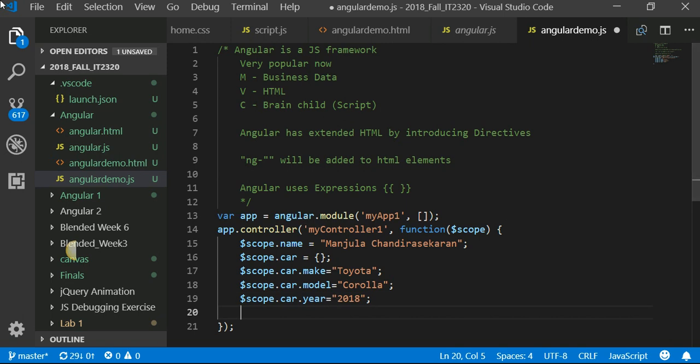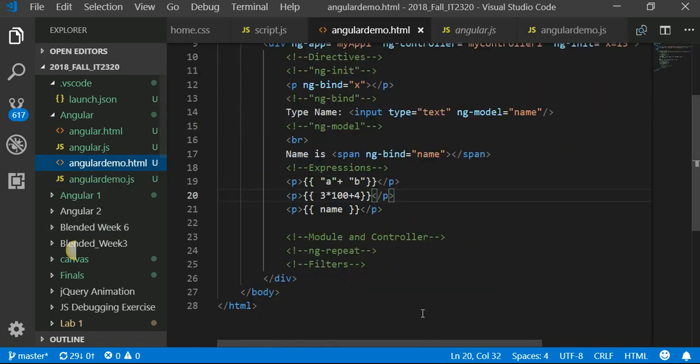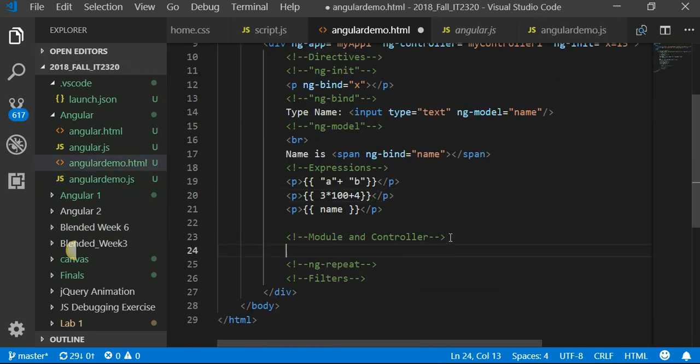So these are details of a car, and let's see how we can access it in your HTML. Oh, we don't even need this. We can just say